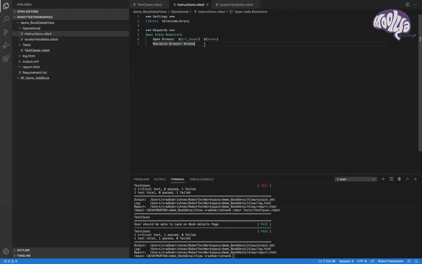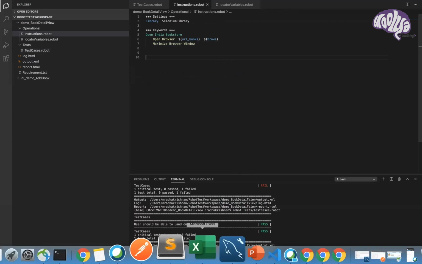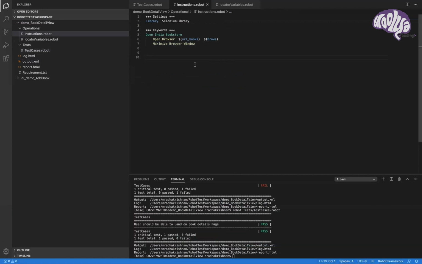Okay, before that I said we need to validate the home page. Every time we don't want to write a verification script, we will write it only once, and the name is verified. We will call this. So it will go here first, and then follow the instructions given here.